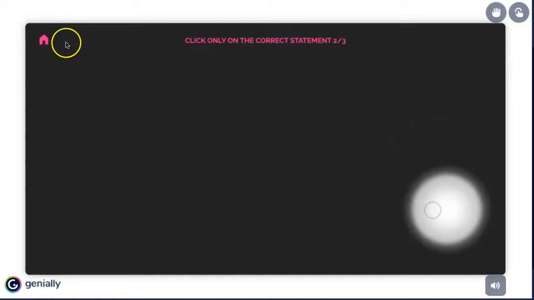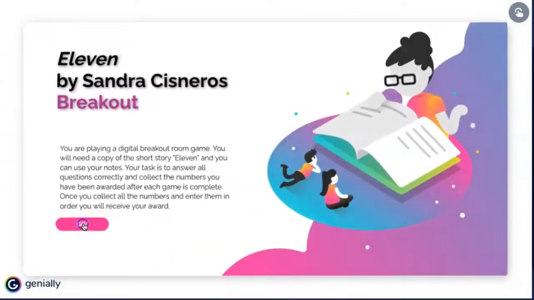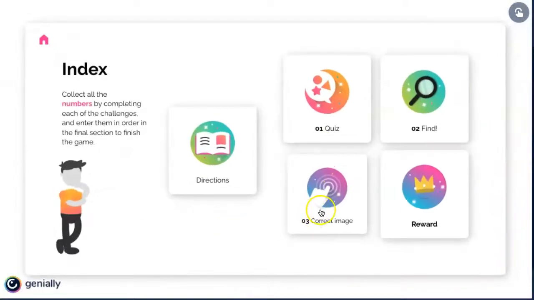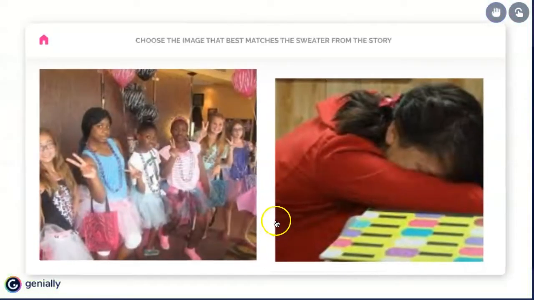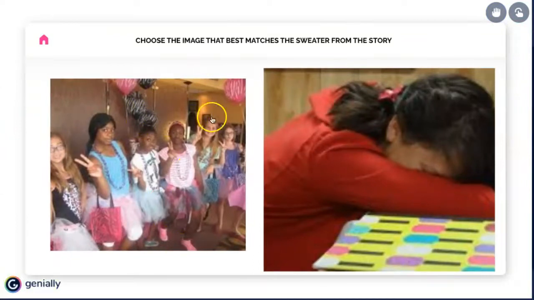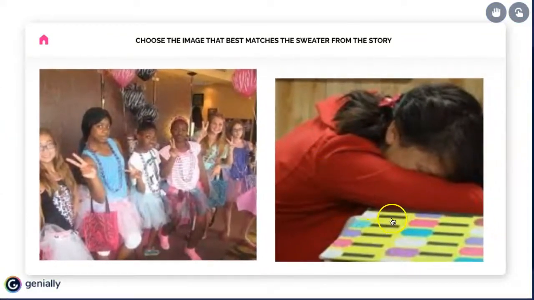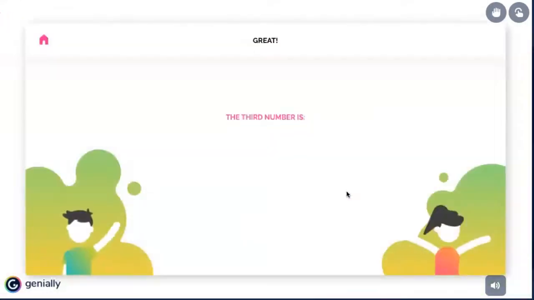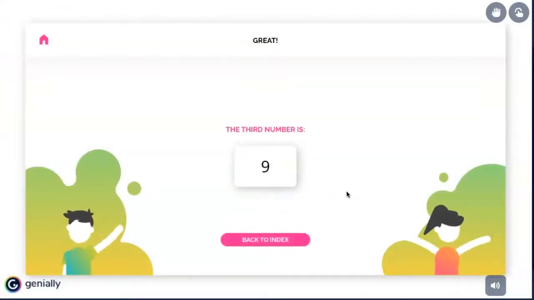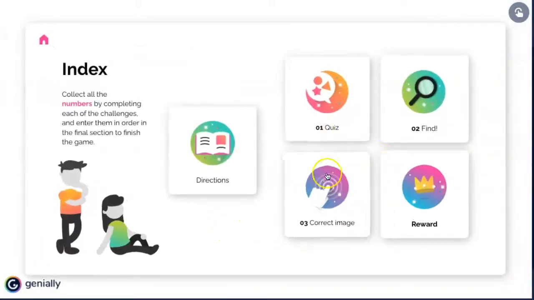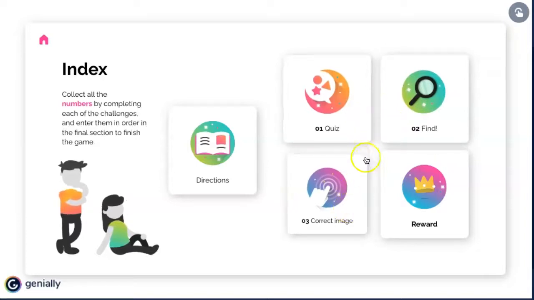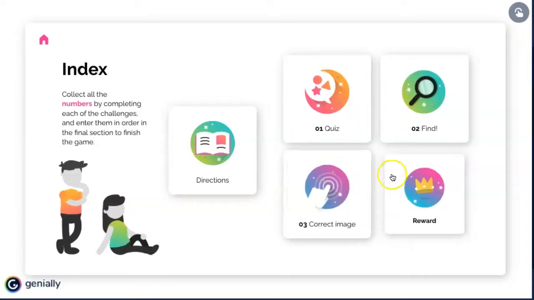Okay, back to the home and back to the index. The last section is the correct image. Students are given two images and they need to click on the one that is correct. After they answer all questions in each section correctly, they're given a number. So for the quiz section, the find and the correct image, after they answer all of the questions correctly in those sections, they're given a number. Once they have collected all three of those numbers, they're going to go to the reward